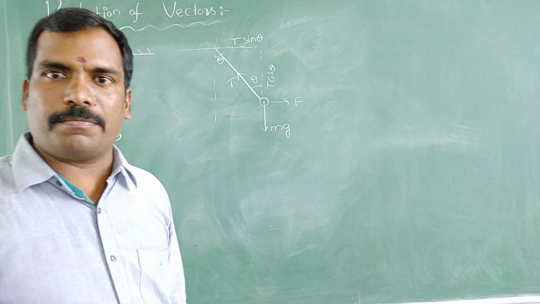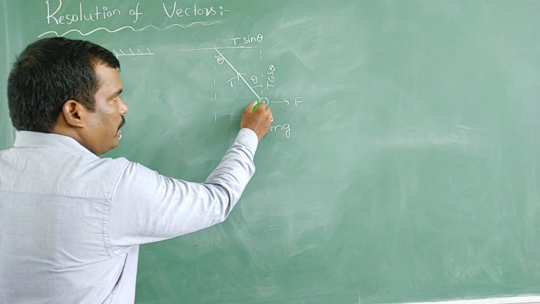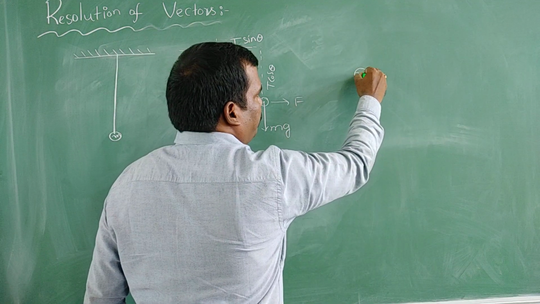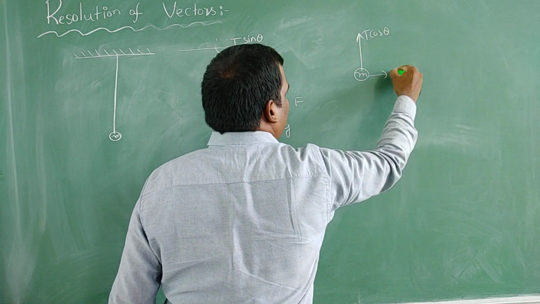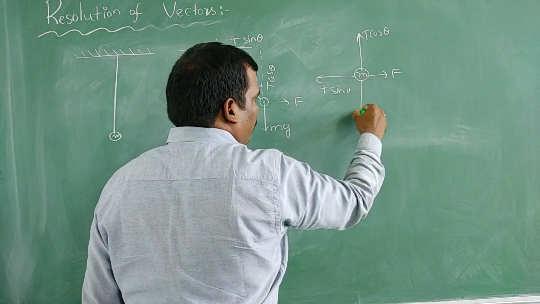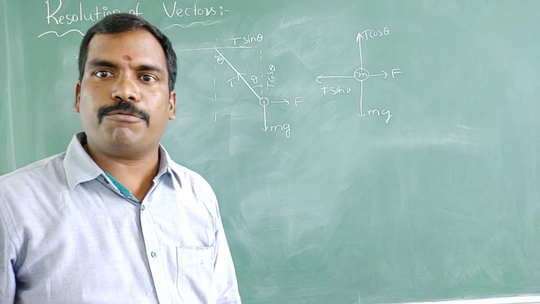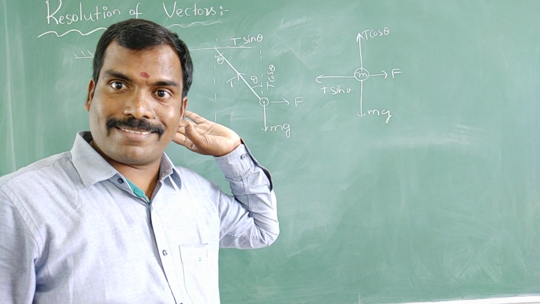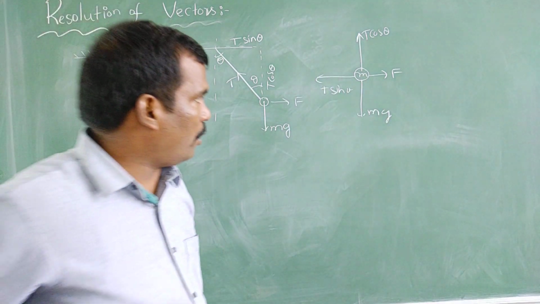Obviously, if you see the diagram, we got all the forces. How many forces are acting? I'll draw the block diagram here. This is the mass m. Upward is T cos theta. The force I applied is F, horizontal in this direction. Tension resolved in this direction is T sin theta. And mg is acting downward. Now we got all the forces acting on the body. T sin theta is horizontal, along the negative x-axis, T cos theta upward, mg downward, and the applied force along the x-axis. We got all the forces.